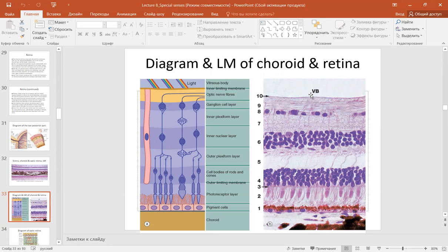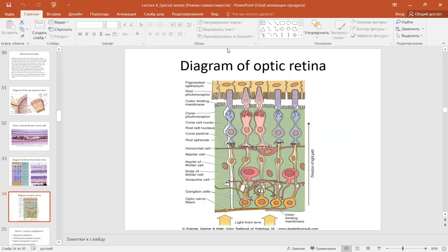Corpus vitreum, vitreous body. Here is the cellular composition of the retina, consisting of the pigment epithelium with melanin granules incorporated to the processes and to the cytoplasm of the pigment cells, the rod, the outer segment of the dendrites of the first bipolar photosensitive neuron, the cones, the perikaryon of the photosensory bipolar neurons, the horizontal cells, the amacrine cell, the nucleus of the second neuron, bipolar neuron, the nucleus of the Muller cell,